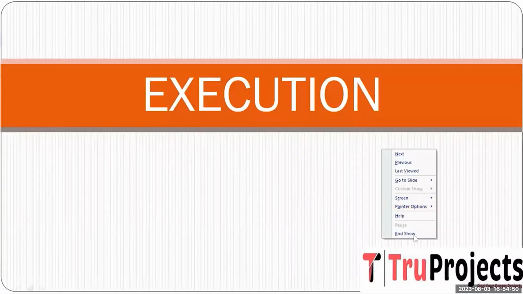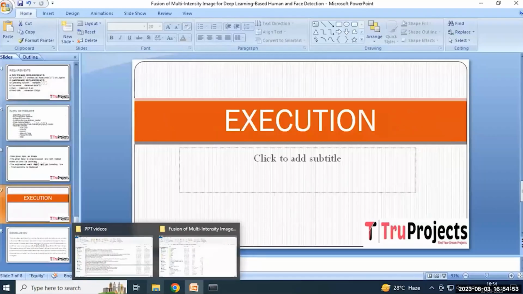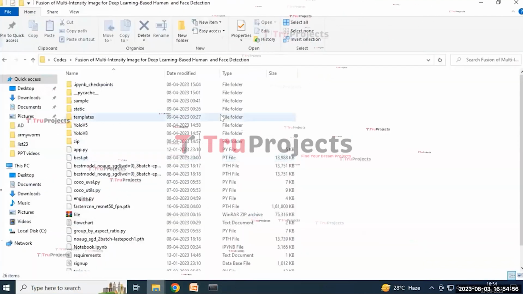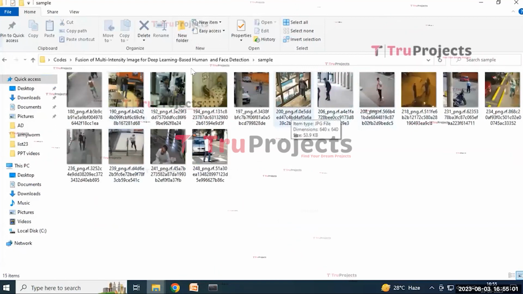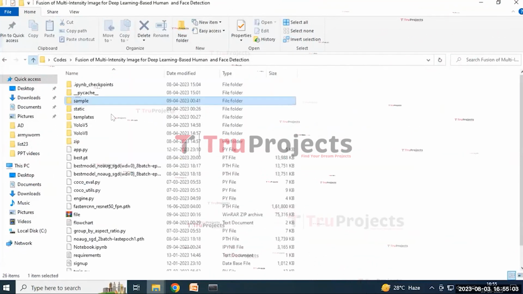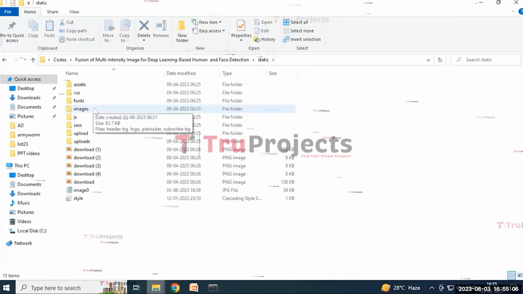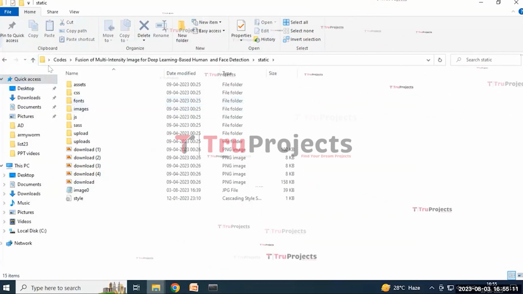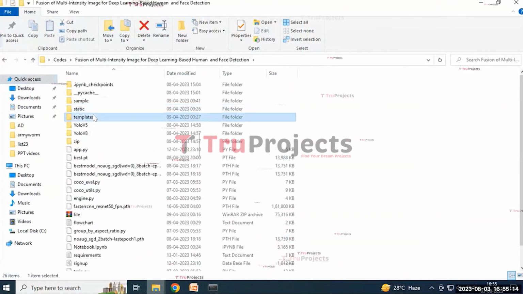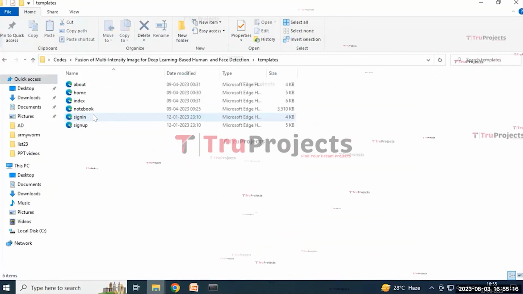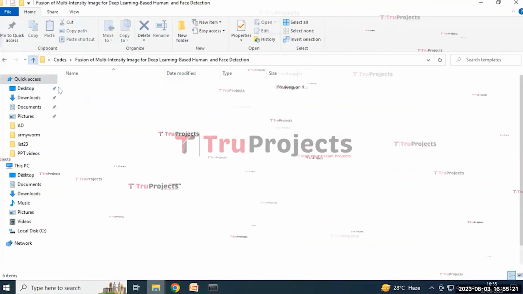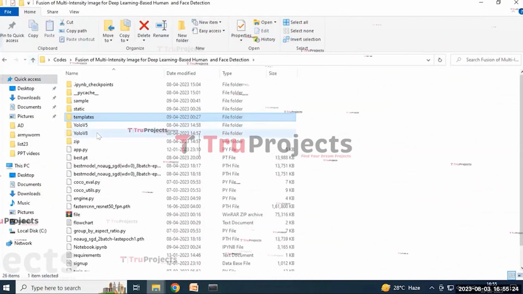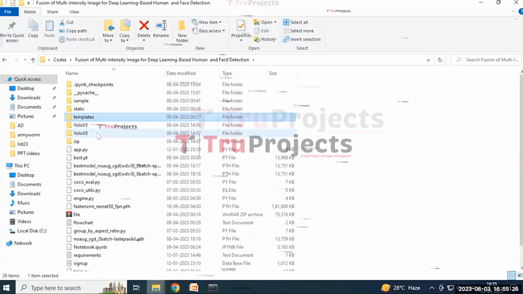To execute the project, first we need to open the code folder, and this is the code folder containing various files within it. The sample folder contains the images that will be used to test the performance of the model, and the static folder contains various folders like CSS, images, fonts, JavaScript, and upload folders within it. And the template folder typically includes the HTML documents of about, home, index, notebook, sign-in, and sign-up pages within it. And the YOLO V5 and YOLO V8 folders contain the algorithms of V8 and V5, and